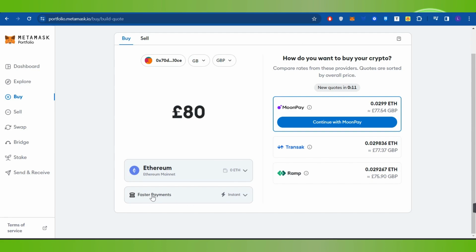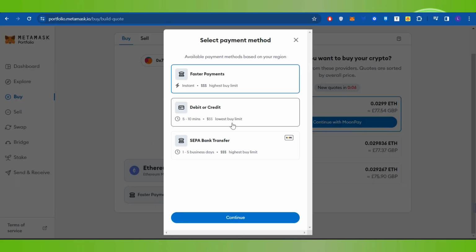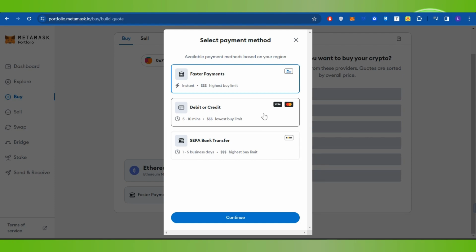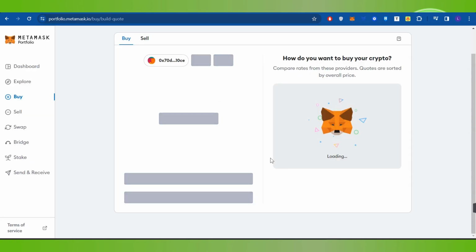After selecting the network, you will have to select the payment method. So if you click on this instant payment method option, it will show you a bunch of different payment methods like your debit or credit card or some bank transfer. So you just have to select any of the options that best suits you, and then you need to press